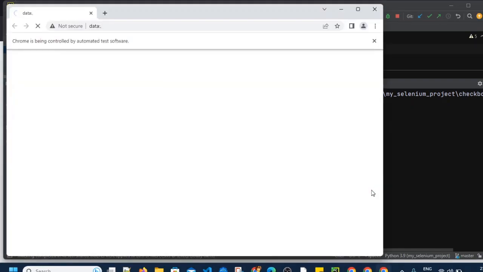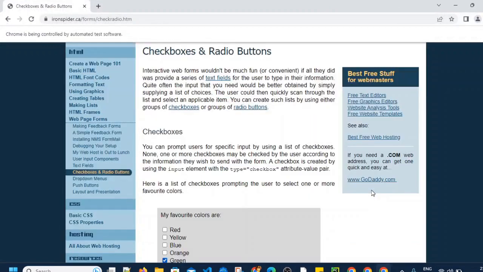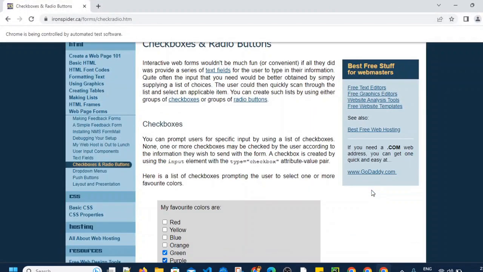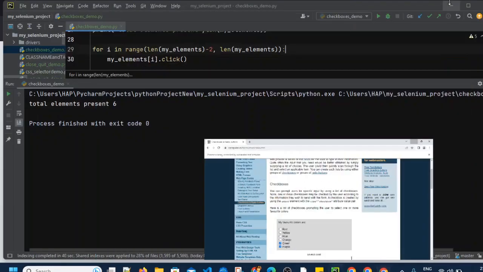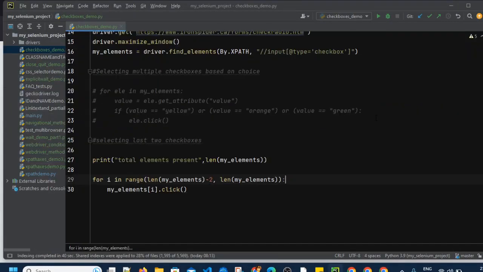So it is launching the website. See, green and purple got clicked, right? The 4th and 5th positions got clicked. So this is how we can click the last 2 checkboxes.